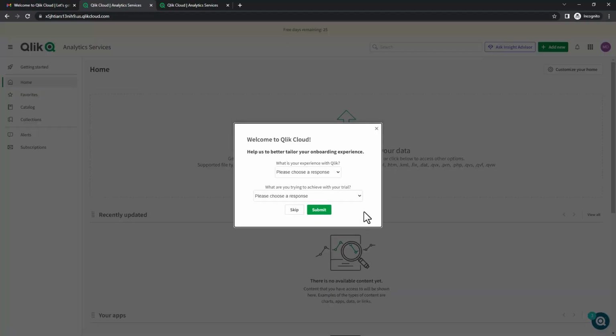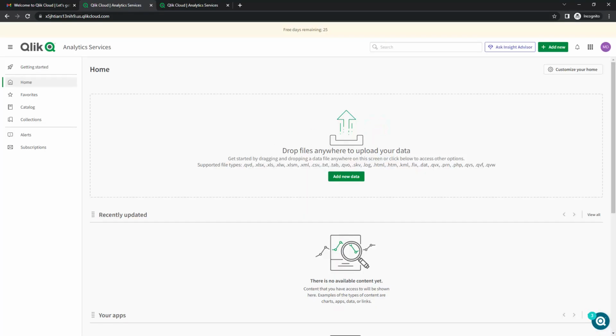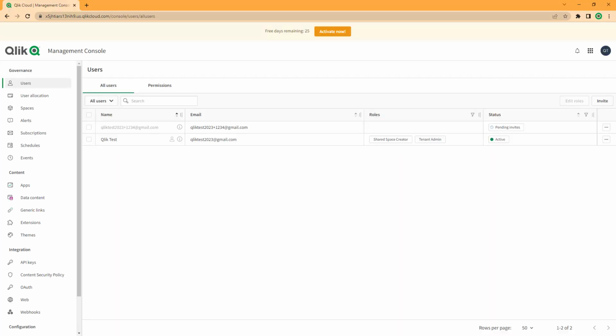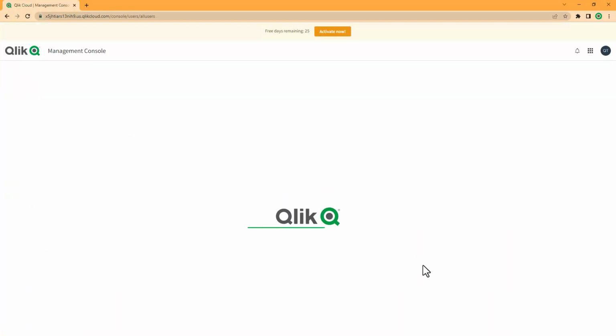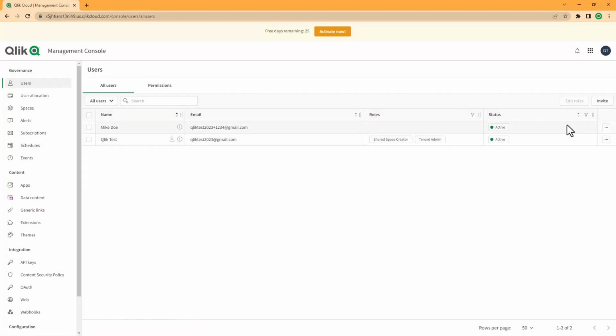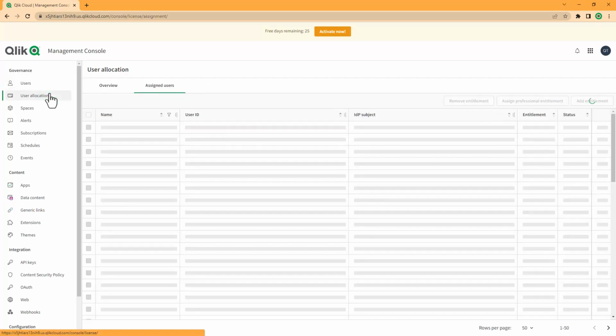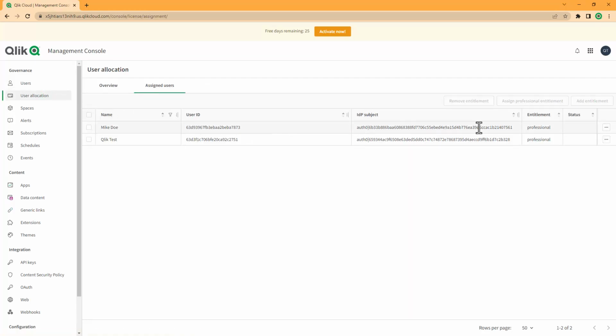Okay, so Mike Doe has been added. Now I'm going to navigate back to the tenant admin account, and I'm going to click Refresh. And a couple things I want to point out. You will see automatically Mike Doe is now active. I'm going to jump down to User Allocation, and you can see that Mike Doe has been set up as